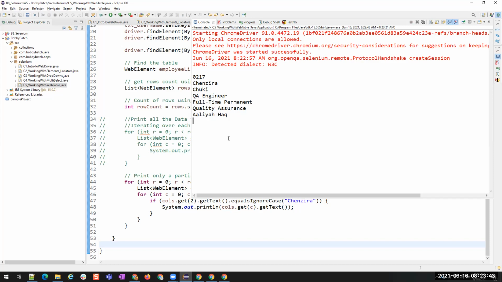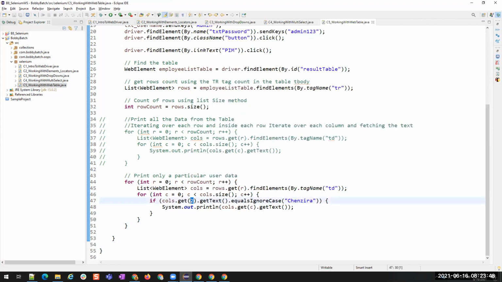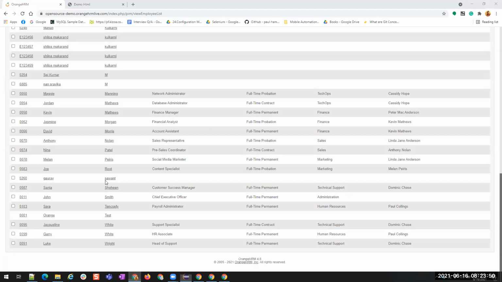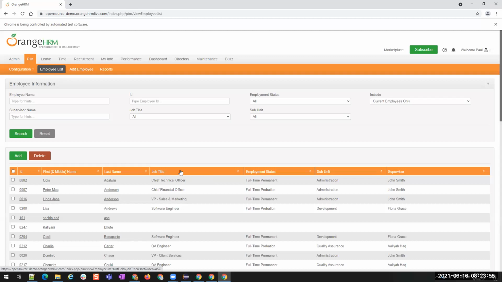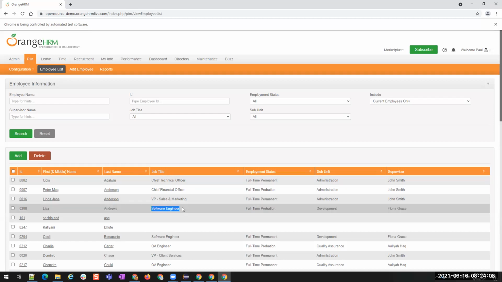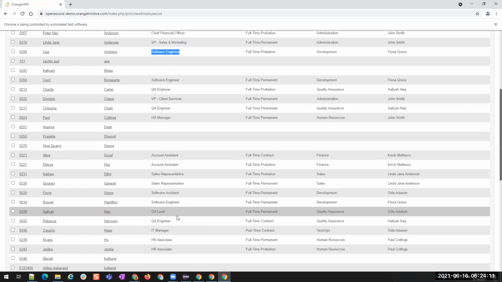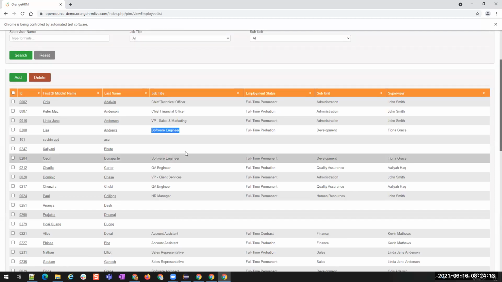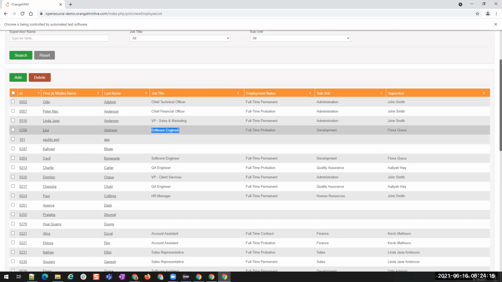A particular, okay. So here, the column number we have to change. If you want to compare with some column, say I want to compare with job title, then I'll give, this is 0, 1, 2, 3, 4. This is the fourth column. Suppose I want to print all the users whose job title is software engineer.